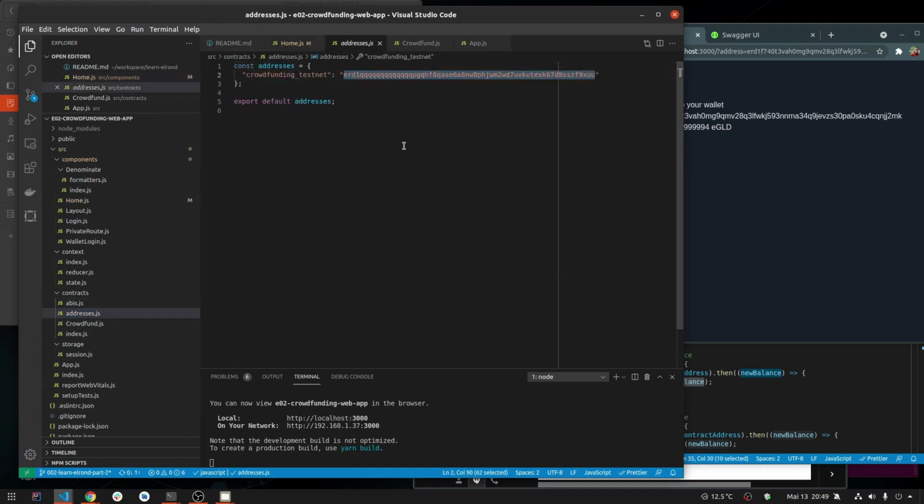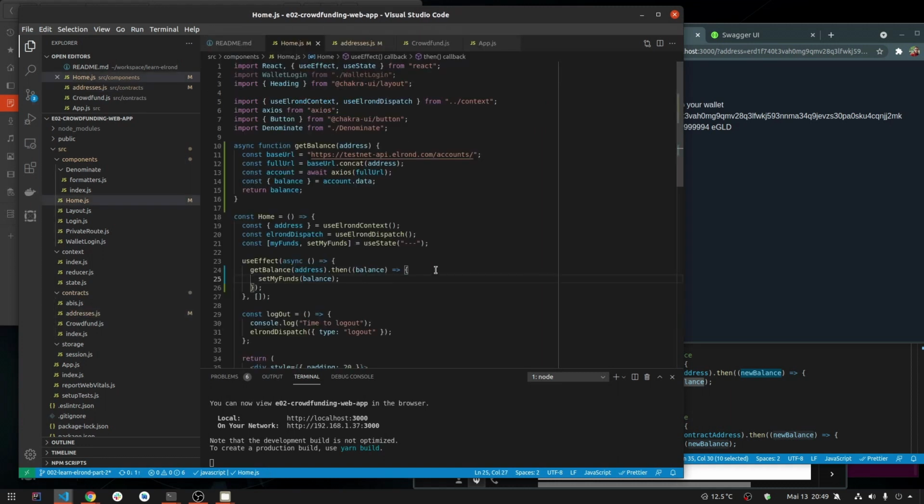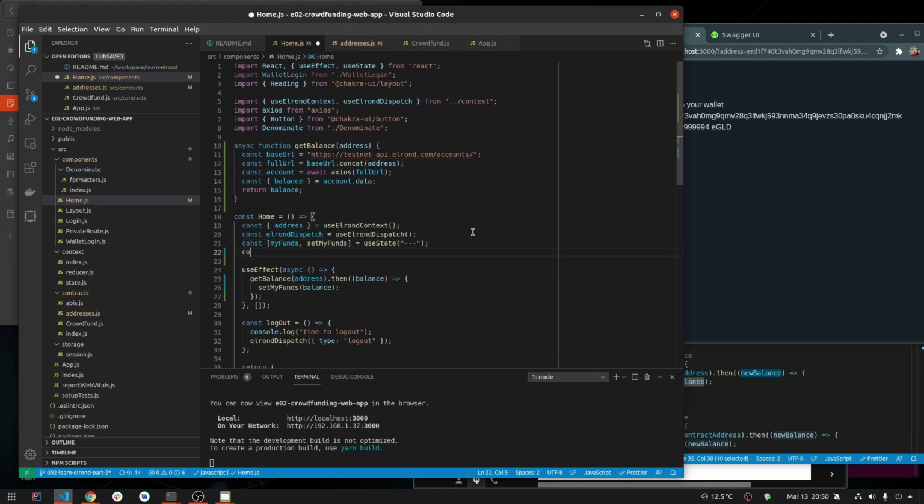So not this one, it's this one that we deployed last time. And so this is my funds, so this is crowd funds, const crowd funds, set crowd funds